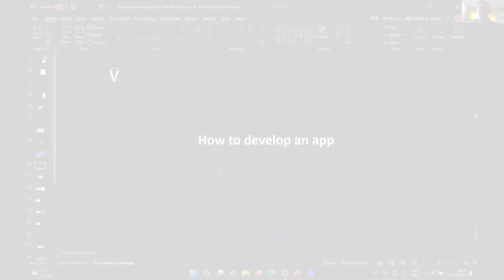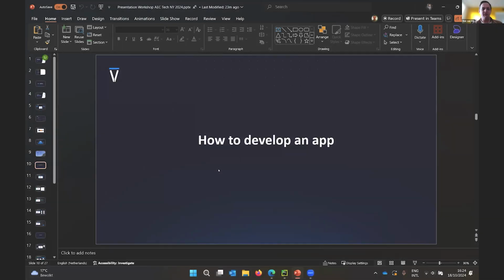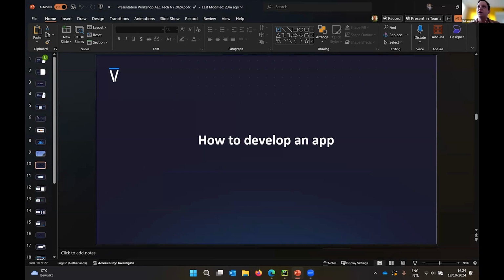Hi everyone. I'm going to go a little bit into the technical side of how to really develop an application. What are the very simple base blocks you need to understand before you can go through our own starter guide and start learning it yourself, and then afterwards we'll go more in depth. But I think